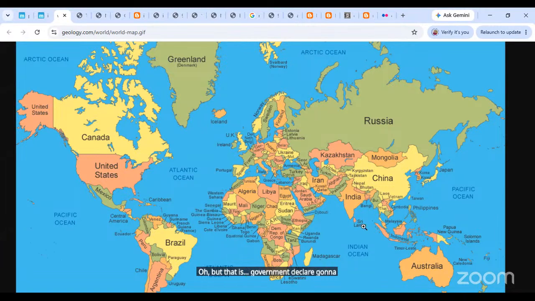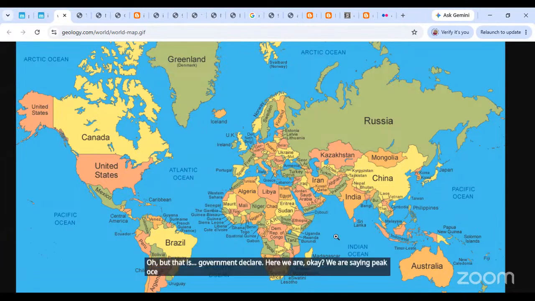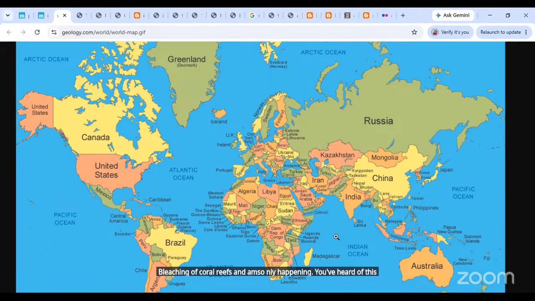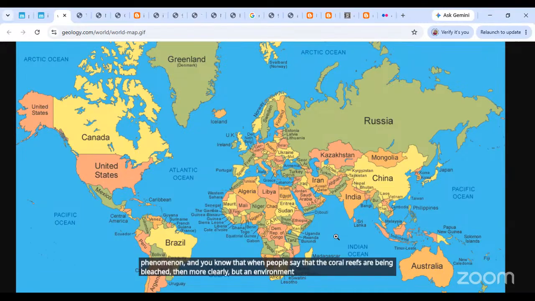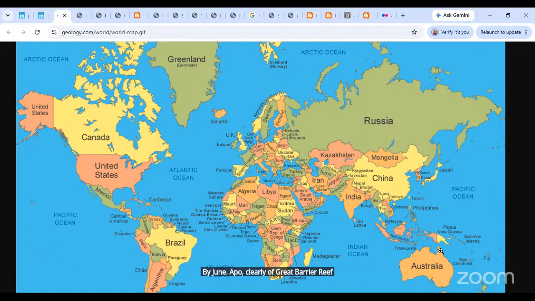वी आर सेइंग कि ओशन टेम्परेचर्स इंपॉर्टेंट होते हैं, क्लाइमेट को अफेक्ट करता है, स्पेशली मॉनसून क्लाइमेट को। ओशन टेम्परेचर्स मरीन ऑर्गेनिजम्स के लाइफ के लिए भी इंपॉर्टेंट होते हैं। हमने इससे पहले देखा था कि ओशन टेम्परेचर ऑल्सो इंपॉर्टेंट फॉर द कोरल रीफ्स। ब्लीचिंग ऑफ कोरल रीफ्स का नाम सुना है आपने, यू हर्ड ऑफ दिस फेनोमेनन? जब पीपल से दैट द कोरल रीफ्स आर बीइंग ब्लीच्ड, तो वो क्लियरली एक बड़ा एनवायरमेंटल कंसर्न होता है। जैसे यहाँ पर आपको कोरल रीफ मिलता है, ऑस्ट्रेलिया के नॉर्थ ईस्ट सेक्शन पे क्वींसलैंड के बाजू में, ग्रेट बैरियर रीफ। उसका ब्लीच होना हमारे लिए बहुत बड़ा कंसर्न है।